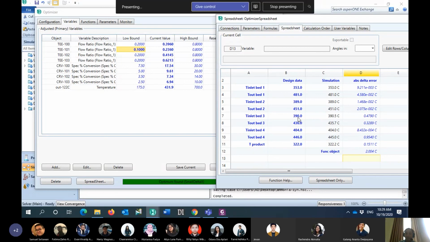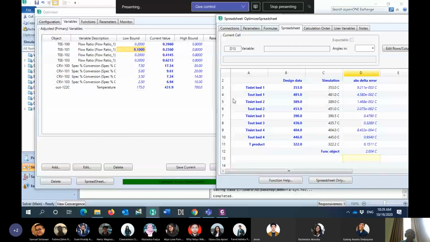For example, in here we have 436 and 435.7. Usually it's based on the engineering value. Yes, it is acceptable. So our simulation is already close to the design data.